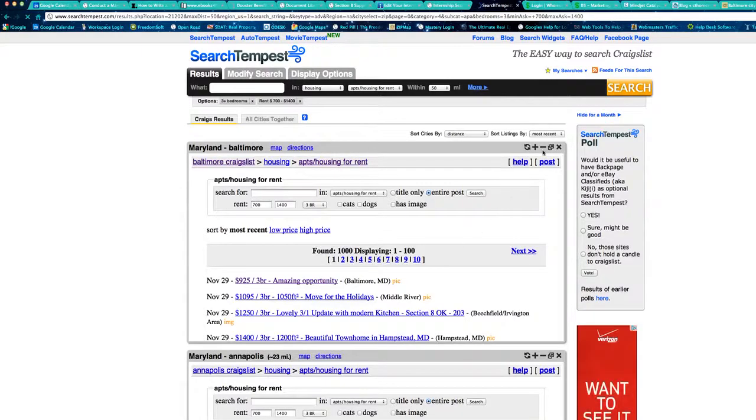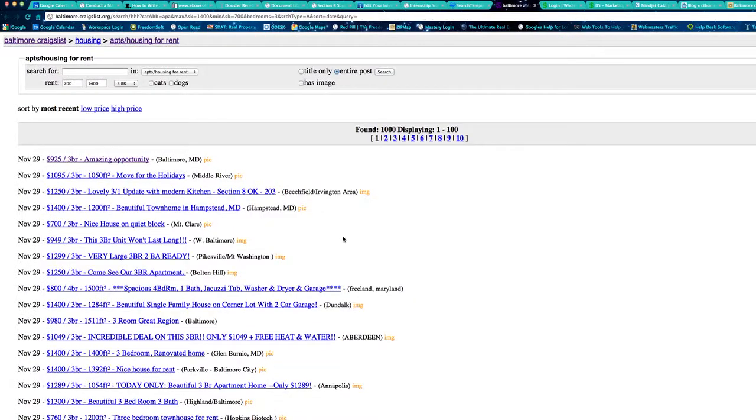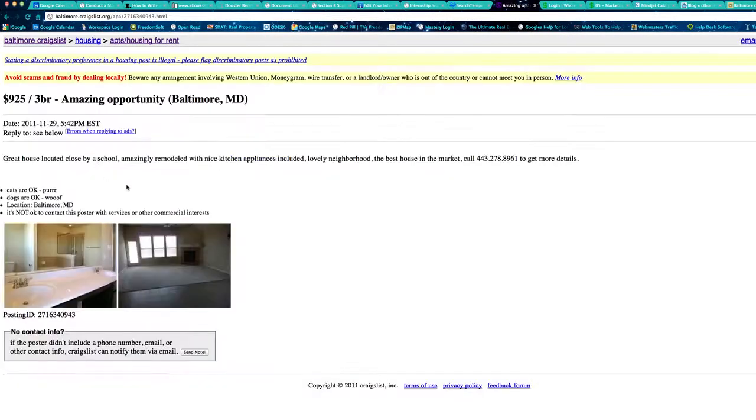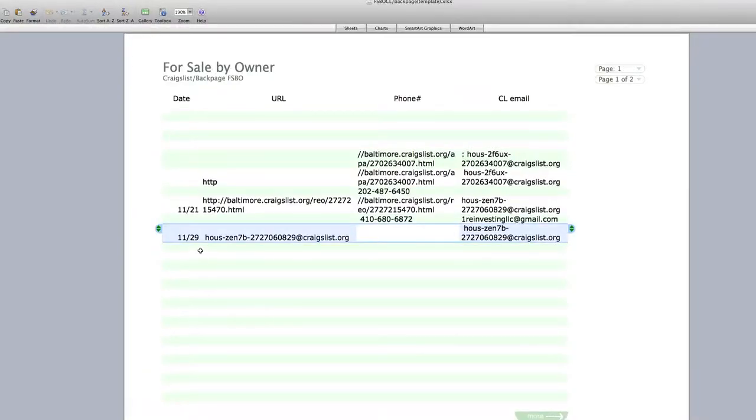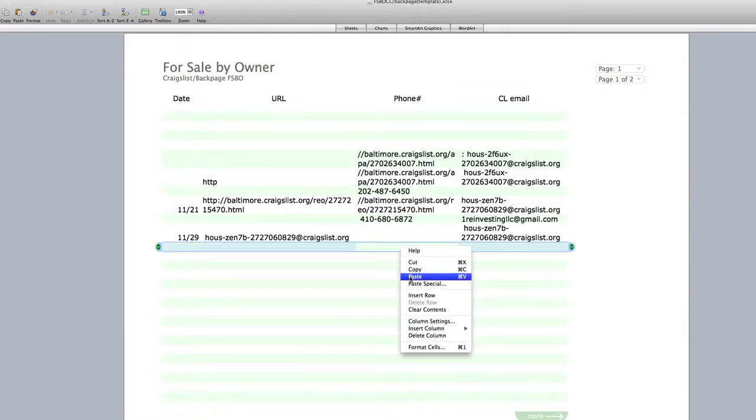Alright, so right away I just always expand the window. So we can click on the first one. This is actually perfect. This actually looks like a decent property. And so what we'll do is we'll go ahead, highlight the phone number, put that in our listing,